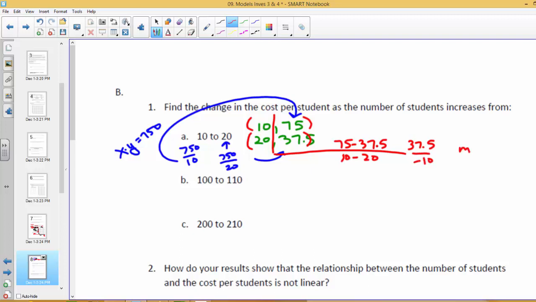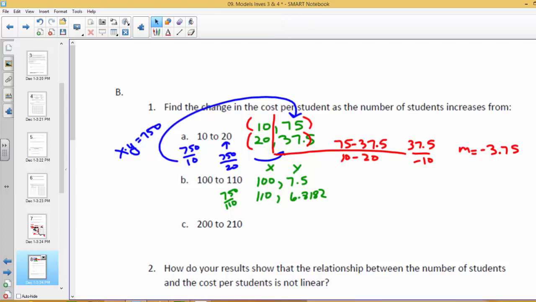So the slope just between these two sections is negative 3.75. Now we're going to find the slope between 100 and 110. Do you think it's going to be more, or do you think it's going to be less? Since it gets flatter and flatter, it's probably going to be a smaller slope, a smaller change. So 100 gives 7.5 as the y, it's x then y. And 110, when you do 750 divided by 110, you get